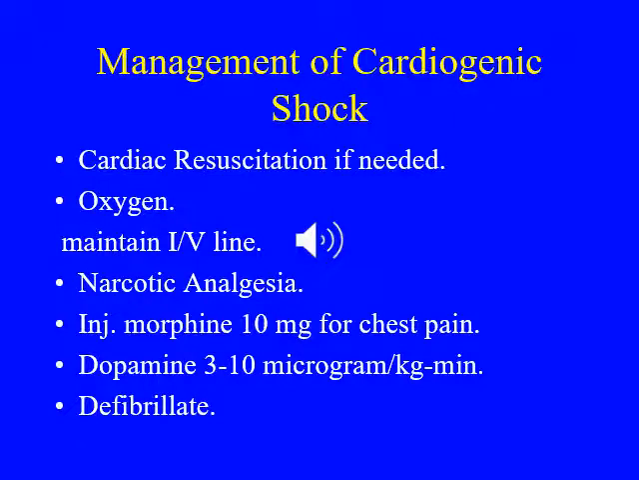Inotropes and vasopressors also can be given in the management of shock, like dopamine from 3 to 10, or up to 20 mcg per kg per minute. Noradrenaline can be used. Dobutamine also can be used. Defibrillation is done for cardiogenic shock patients presenting with ventricular fibrillation, pulseless ventricular tachycardia, or hemodynamically unstable atrial